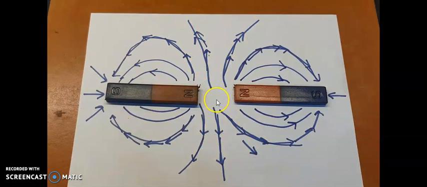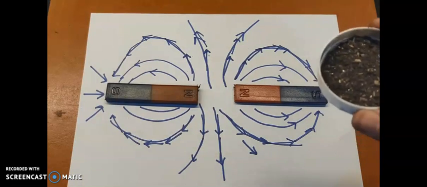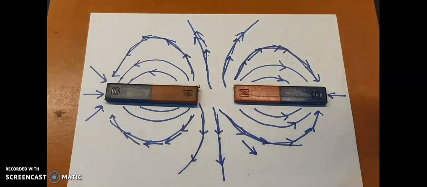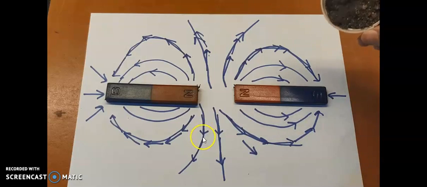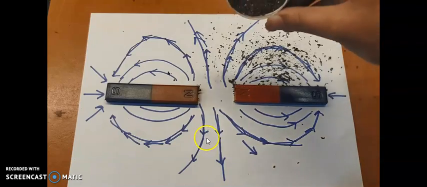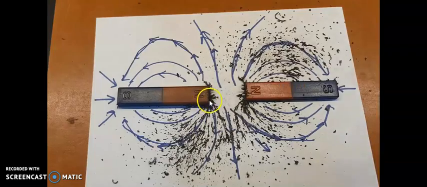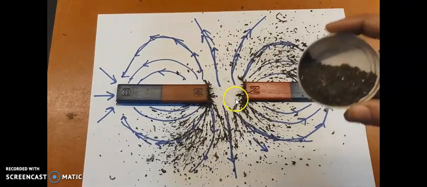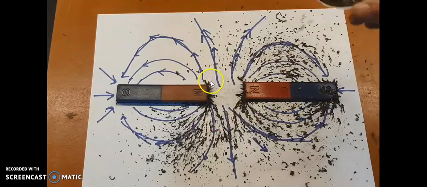Now we will be sprinkling iron filings on top of it, and we'll make sure that the field lines which we have drawn are the same as the ones we get when iron filings are dropped on them. So let's watch. The person is throwing the iron filings just to make sure that the field lines are the same as those we got by using the compass. As you can see here, the field lines are gradually coming into the picture, and we can see the north pole being covered with iron filings, and the filings are moving outwards, right?